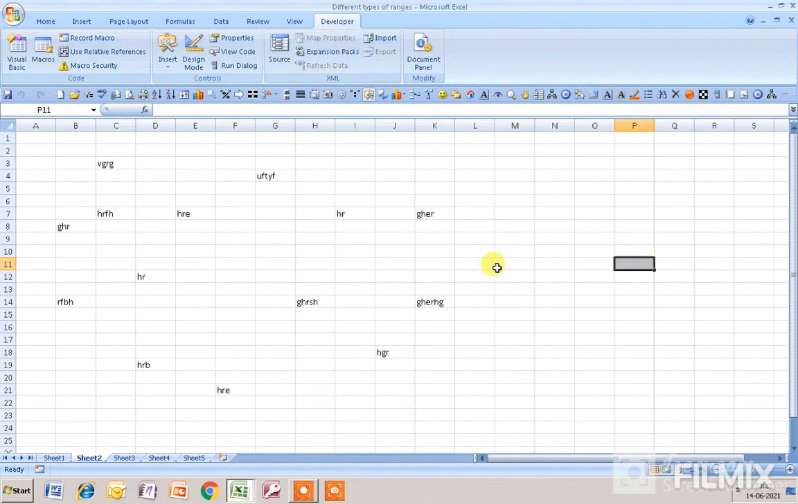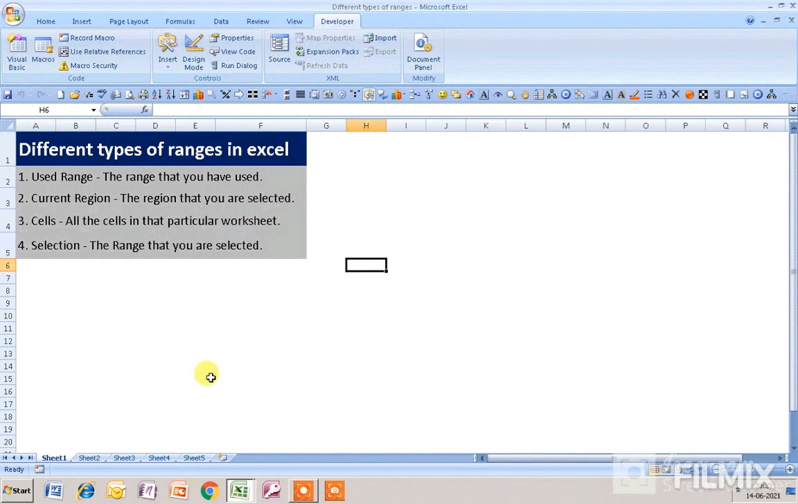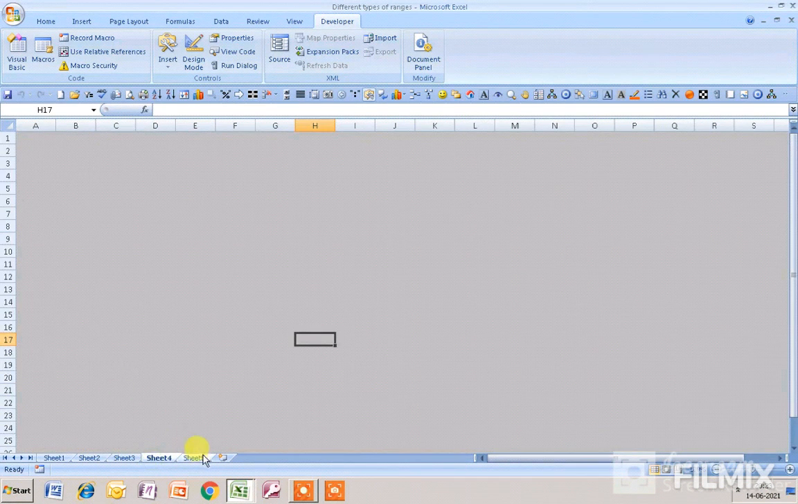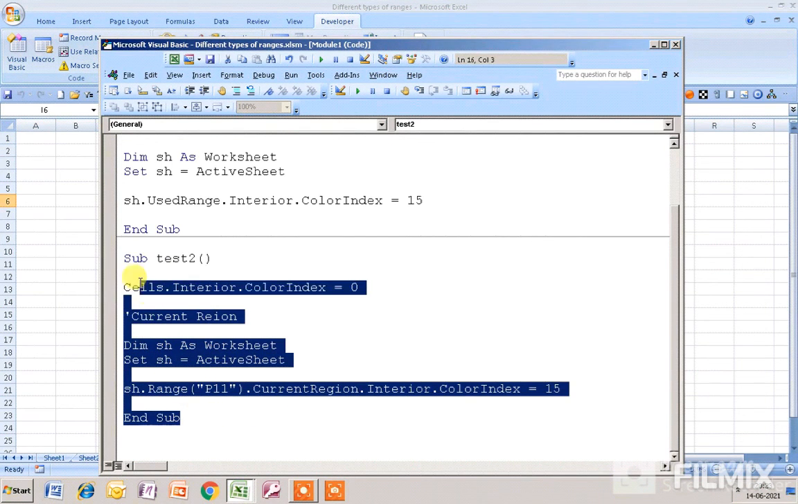Now I will show you what happens if you use cells. Okay, what is cells? Cells are considered for all the cells in that particular worksheet. If you type cells in Visual Basic, then in that case cells will consider all the cells in that particular worksheet. Okay, so suppose I take a new sheet, that is sheet 6, and if I go back to the Visual Basic and I copy the code from here